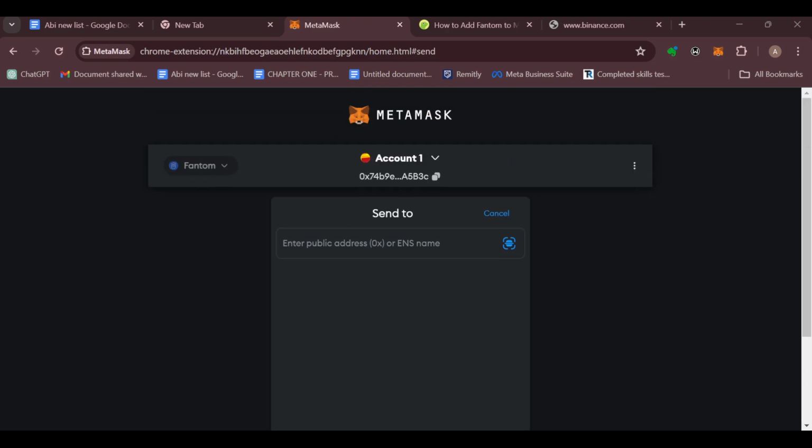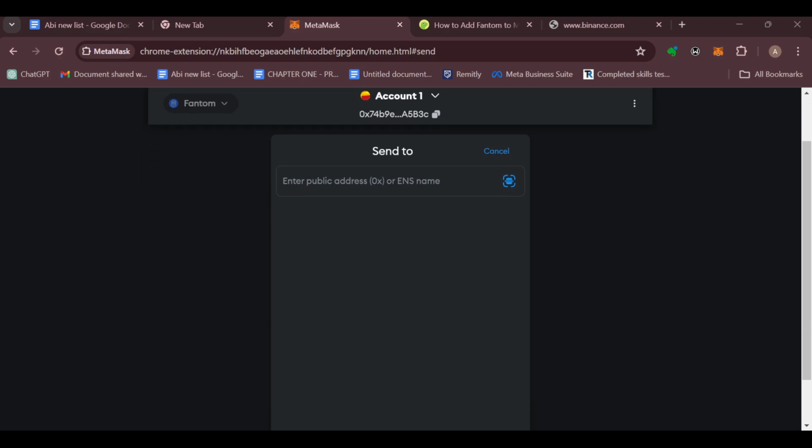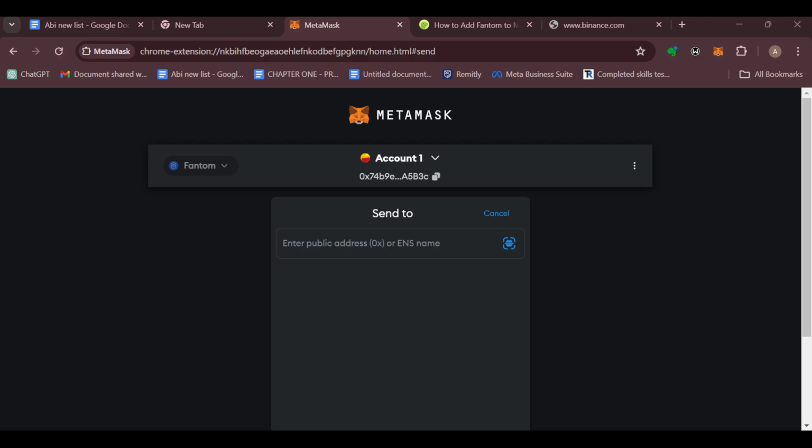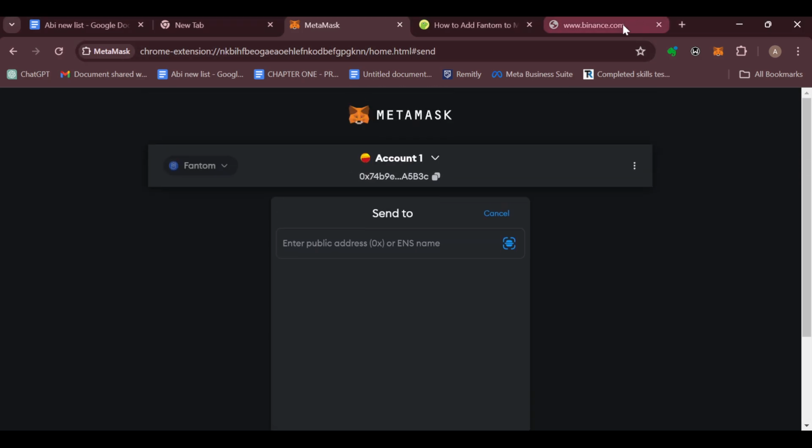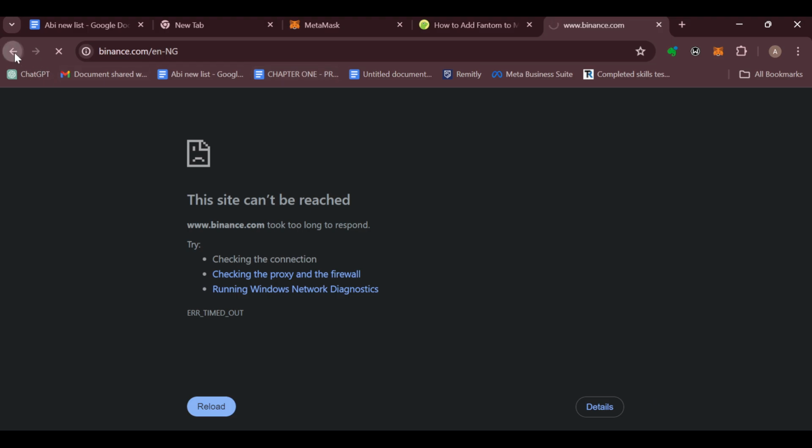Then on the exchange, sell your crypto for fiat currency. I'm sure you should find your way around that. You should know how to change your cryptocurrencies to fiat currency. So change it, and then after changing it, the next thing to do would be to visit the withdrawal section on the exchange page. That is Binance or whichever